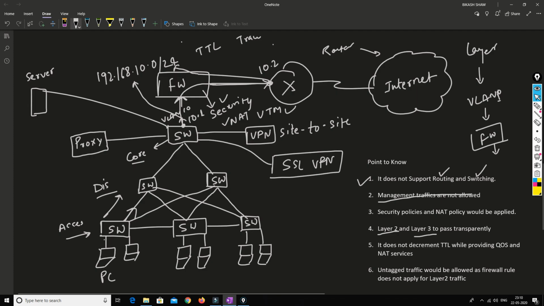Okay. So whenever you are putting a virtual interface in your network, you have to remember these points. These are very important points to keep in mind. You can allow tagged traffic, but that is an advanced feature that we need to explore in the Palo Alto firewall. I can show you how it can be implemented if you want.